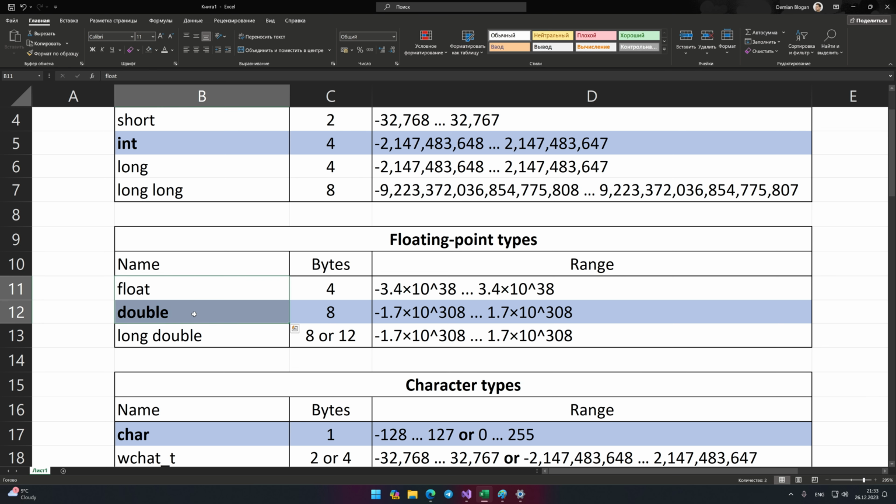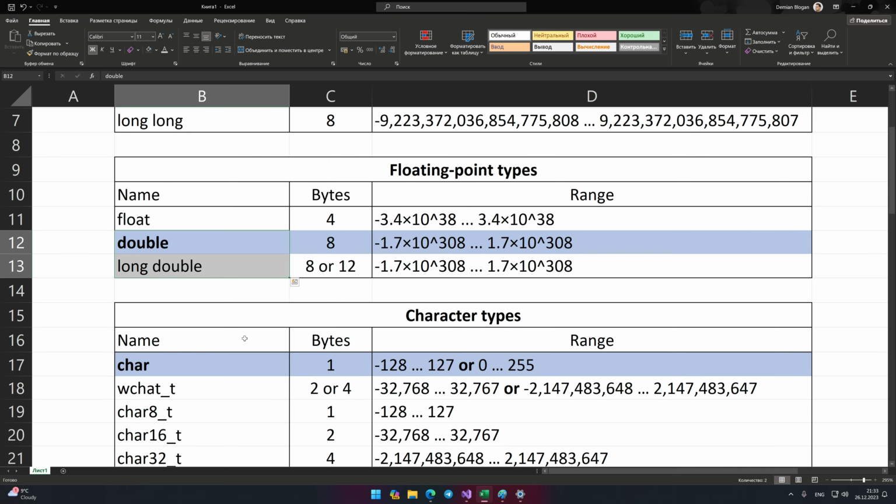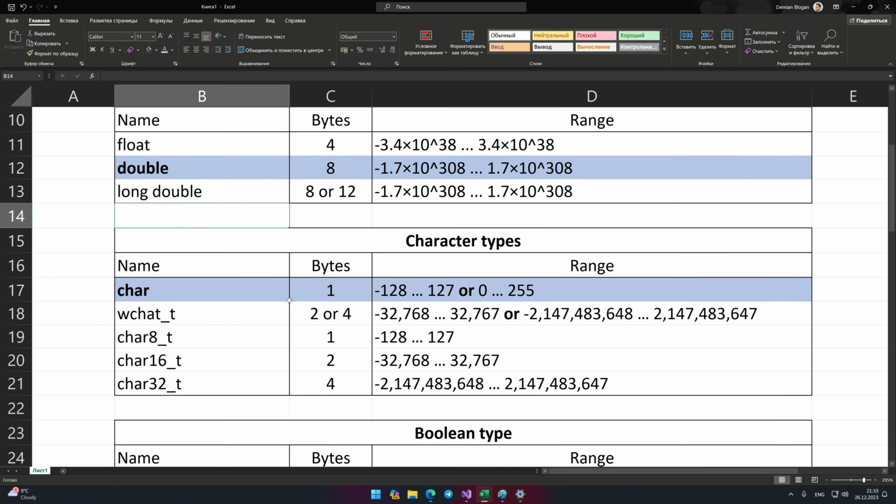The word double describes the double precision of a number compared to normal precision of a float type. Hence the name. Well, long double on some systems takes up more memory, and the name should also be clear to you. Let's move on to the next section of the lesson. Everything in this section might be tougher than in the others.